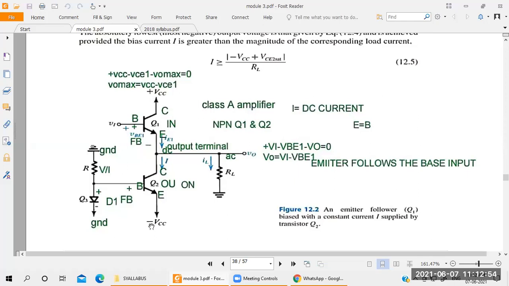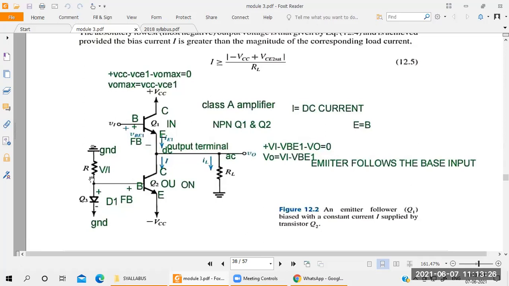Okay, we are applying the negative DC voltage here for the emitter of the Q2 transistor. The base of the Q2 is connected where here? One resistor and one diode. The resistor is connected where here? Ground connection. Okay, the diode is connected where here? Again ground connection. So we are making a biasing for the Q2 transistor. What is the purpose of connecting the resistor and diode here? We are making a biasing here, which means we are applying some voltage by connecting the resistor and diode.